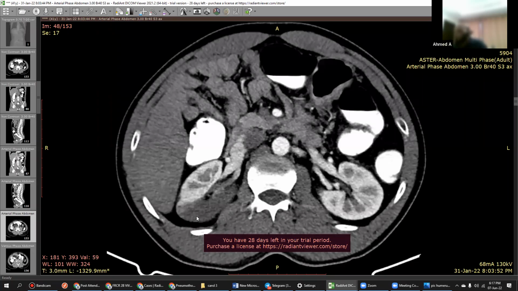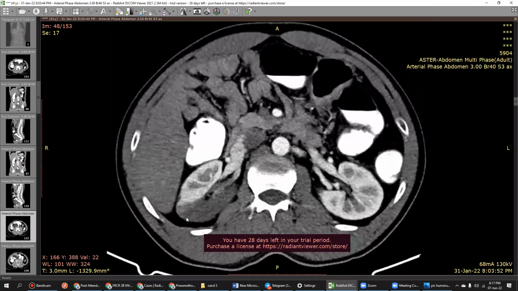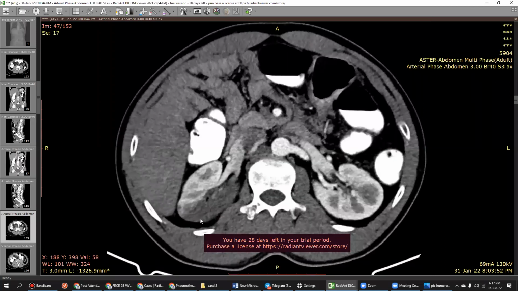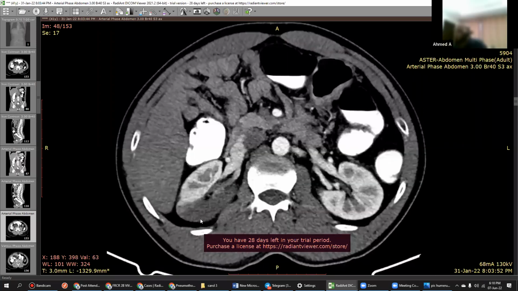That capsular rim sign occurs not because of obstruction. It occurs because the capsule of the renal parenchyma is supplied by a capsular artery, and that capsular artery arises from the main renal artery instead of the segmental artery. So that's why it is spared, and you'll have this rim of capsular enhancement. If it is seen, it is very much suggestive of renal infarct.